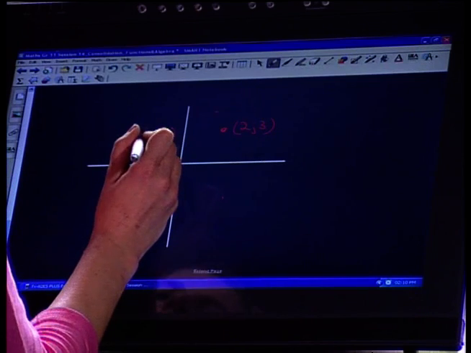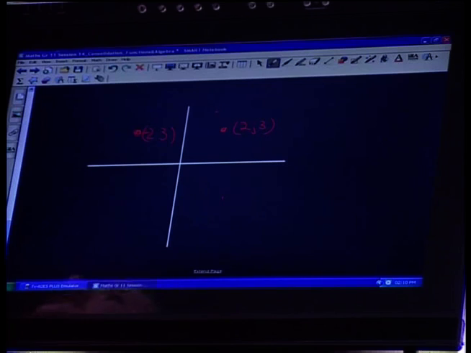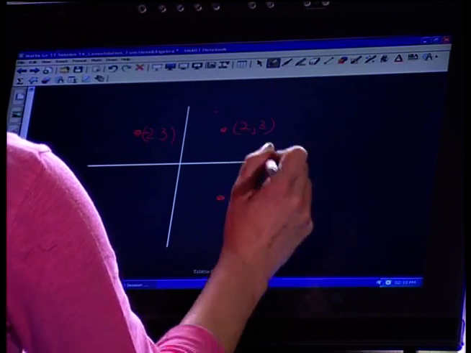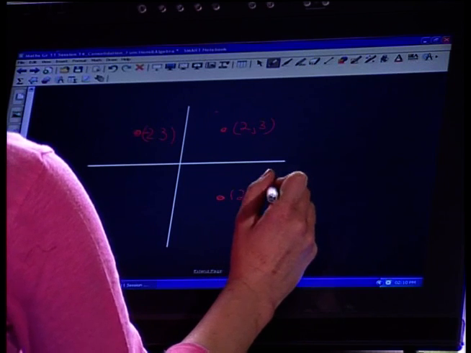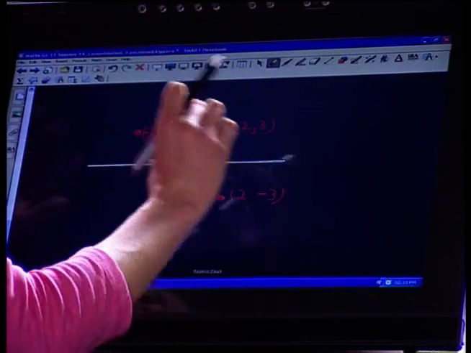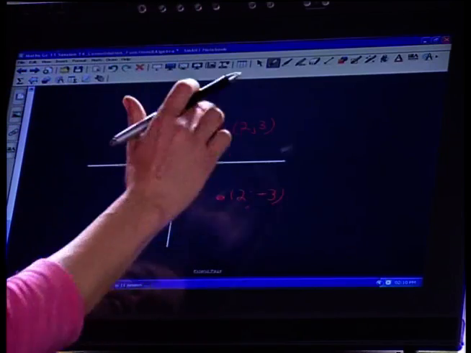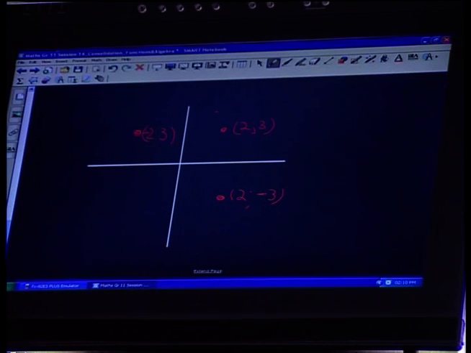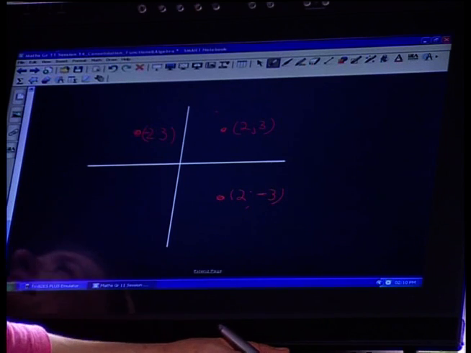But what happens to the x-coordinate? The x-coordinate changes sign. So if it was positive, it will turn into negative. If it's negative, it will turn into positive. Similarly, if I reflect in the x-axis, the x position remains unchanged, but the sign of the y changes. So again, now we're thinking of our x-axis as where we fold the paper, and that's a wet dot of ink, and it's going to make a little mark over there. Remember, when we reflect in the line y is equal to x, the x and the y values switch around,